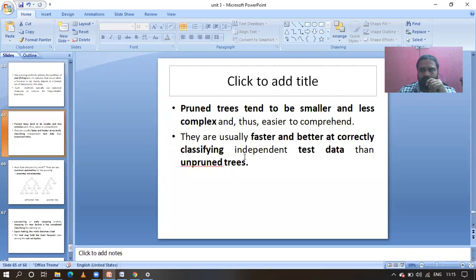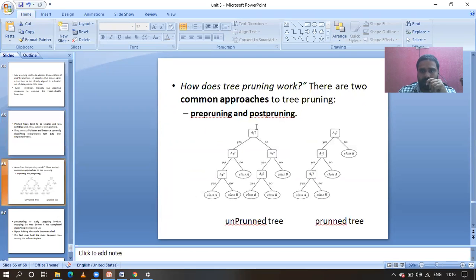Let us see one decision tree, guys, that has errors, and how we are going to remove those errors with the help of pruning. Here is the unpruned tree, guys. All the class labels are here, class label A and class label B. Every leaf node is pointing to a class label. How many class labels are there? Class A and class B. Two types of leaf nodes will be there.